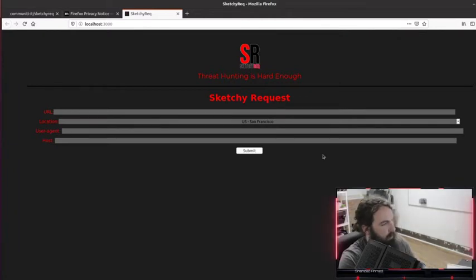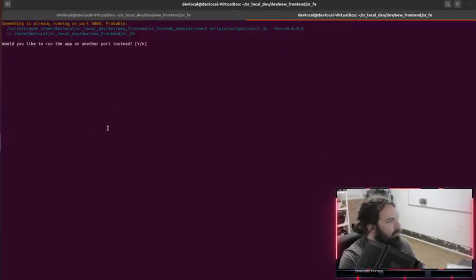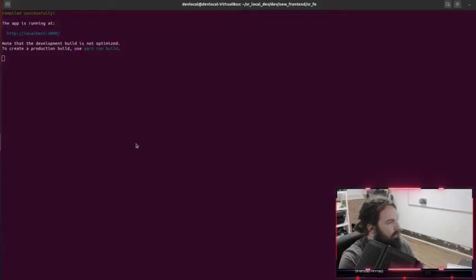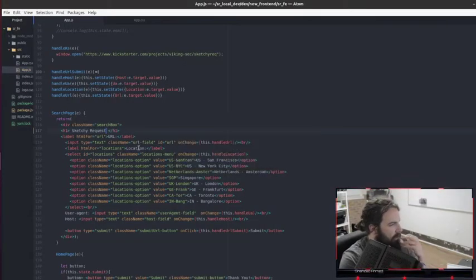Yeah, sketchy request. It's saying that's already running, that's interesting. Okay. Apparently I've got a hanging process somewhere. Oh, I've got 2 tabs open, that's what it is. Yeah, alright, we're good. So we've got it updating every time we change the HTML, or it should be at least. We'll see if that actually happens.